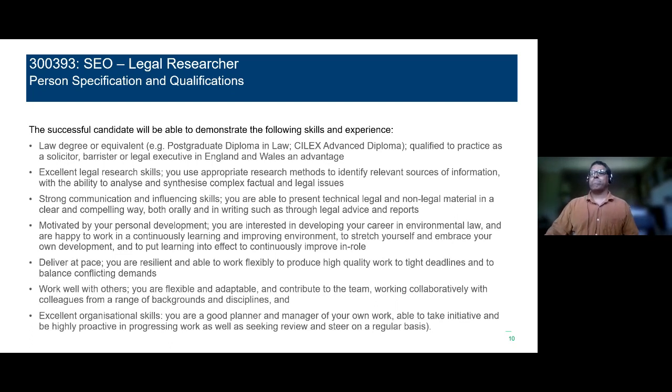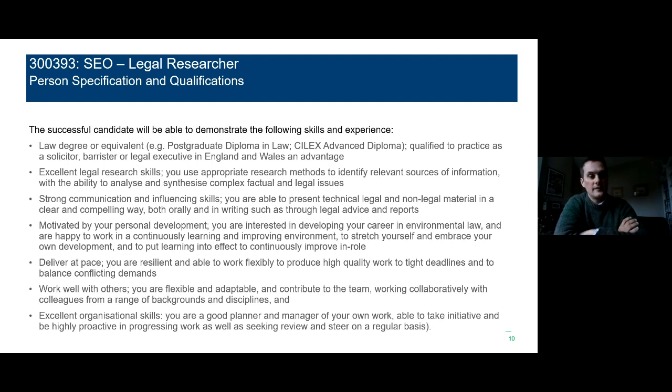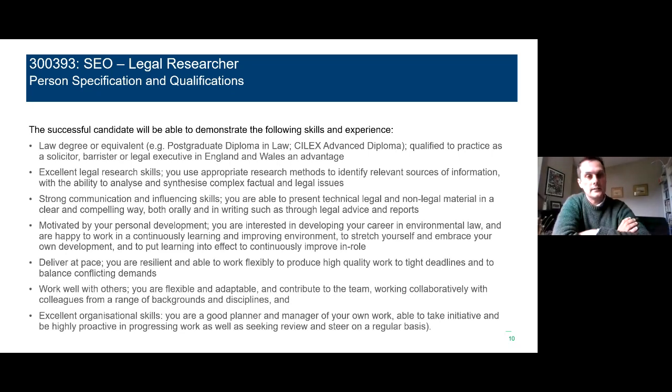So if we take one of the projects we're working on at the moment, we have a function of scrutinising how environmental law is being implemented in practice. So it's about how the law is implemented in practice. It's not just about the law as it's written down in statute or in case law. And we're working on the designation and management of protected sites, sites that are protected for nature. So in England, that would be SSSIs classically. And we need to do research into how the tools that public authorities have to designate and to manage protected sites, what those tools are in law, what the cases are about how those tools have been implemented, but also